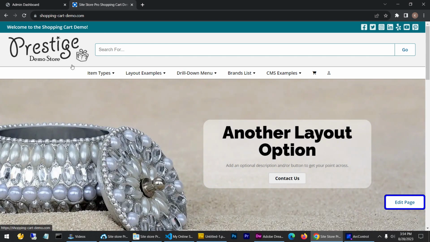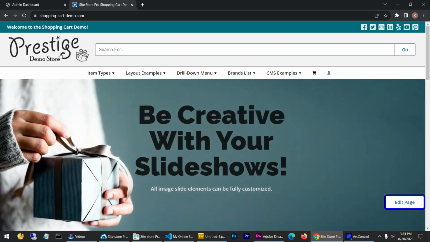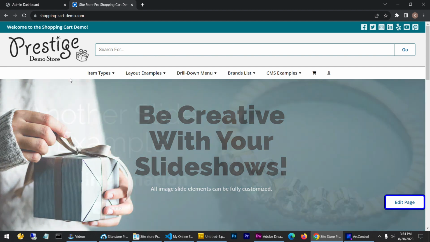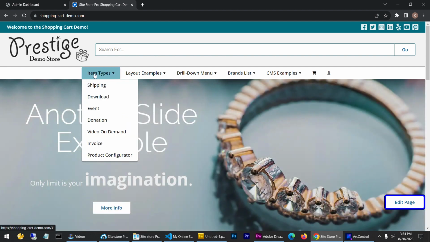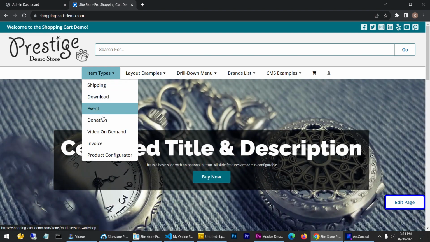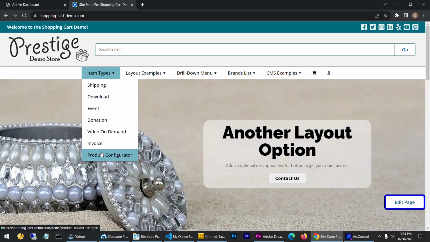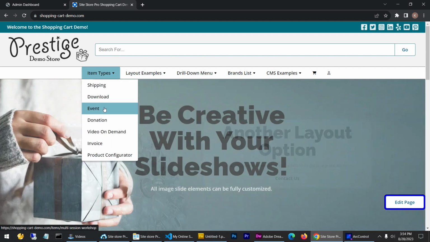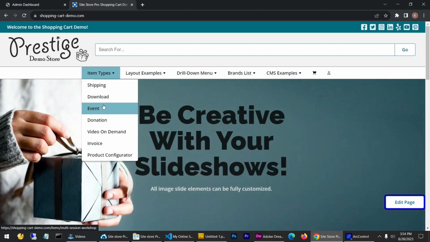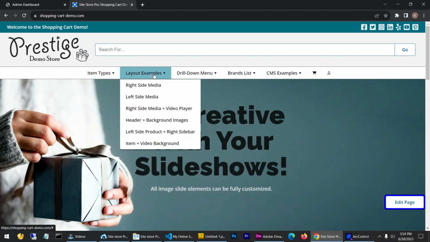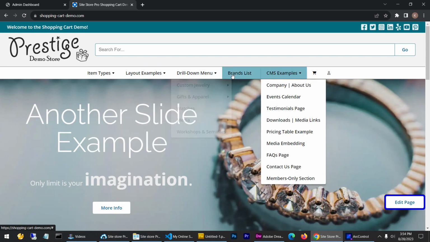So this is on the screen right now. This is the sample store that comes with every version of Gen 4. And if you look at the menu system, this will be the exact same application you get when you do the installation, and you can either use this starter site as the basis for your business, or you can just use it as a learning tool and then delete all the sample content, if you choose to install the sample content at all. So the sample store comes with a bunch of generic top navigation menus that link